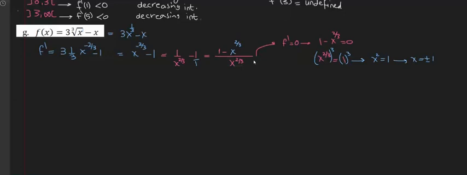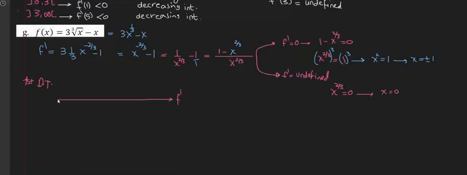Okay, let's go now for f dash is undefined because we have a fraction, and we might take the numerator as it is equal to 0, and this means that x is equal to 0. So we have how many critical points here? We will go to the first derivative test and locate the 3 points that we got